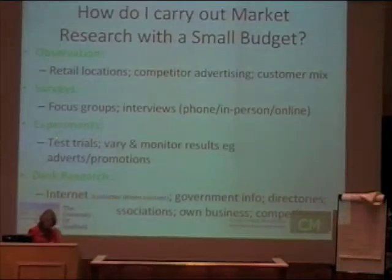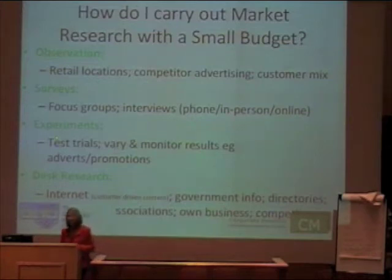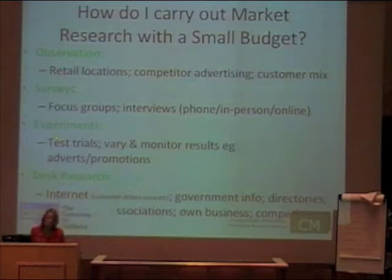Okay, one of the things that we need to consider is how do we actually carry out market research? We've looked at what it is, we've thought about why we might do it and the information that it might give us. But if you are a multinational corporation, then you'll probably recruit a very large marketing agency who will have a strong market research team within that, who will carry out extensive surveys, questionnaires, focus groups, and